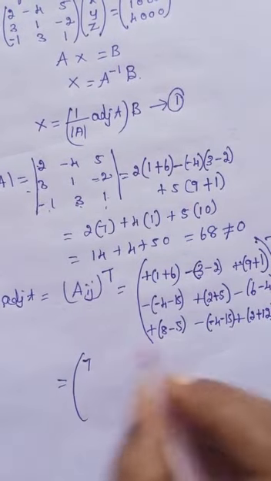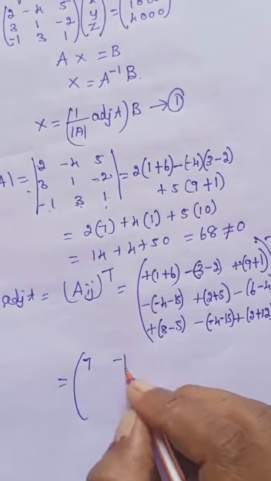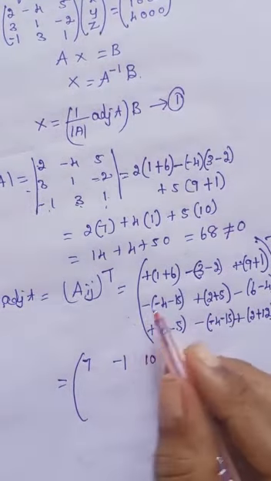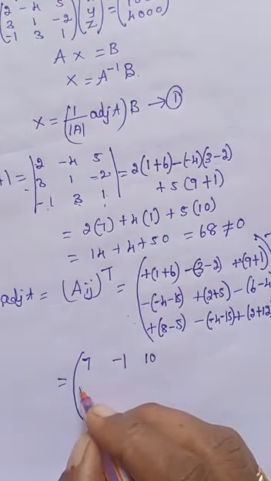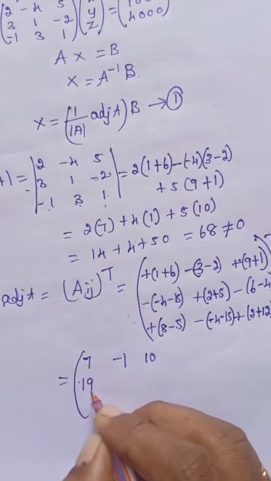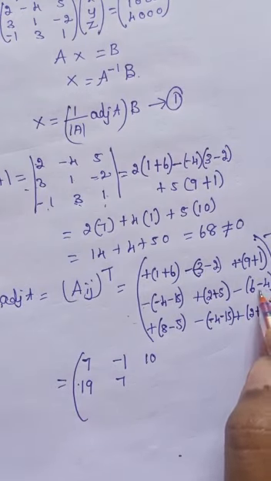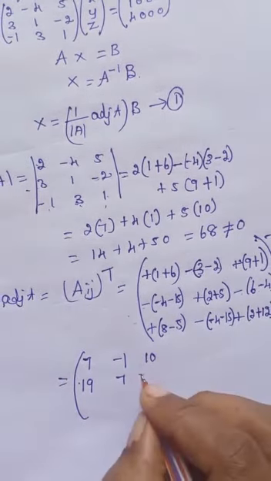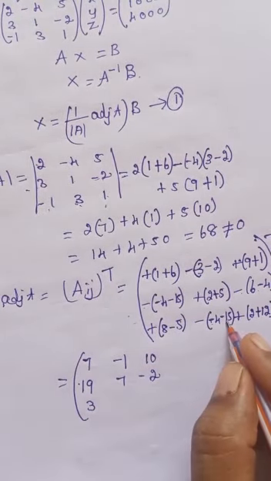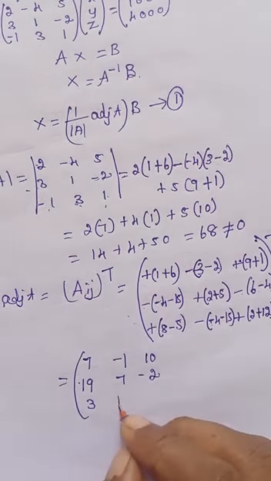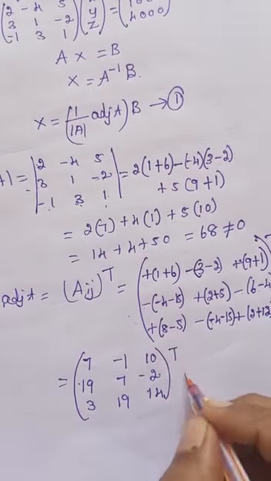See, 7. 3 minus 2 is 1. Since we have a minus outside, that is minus 1. 9 plus 1, 10. This is minus 4 minus 15. That's minus 19. Outside minus, minus into minus plus 19. 2 plus 5, 7. 6 minus 4. That is 2. Outside minus, minus 2. 8 minus 5, 3. Minus 4 minus 15. That is minus 19. It will become plus 19. And this is 14. The whole transpose.